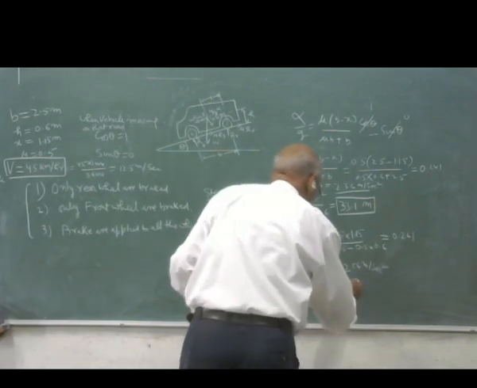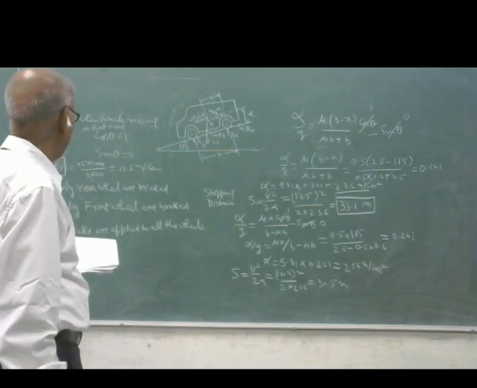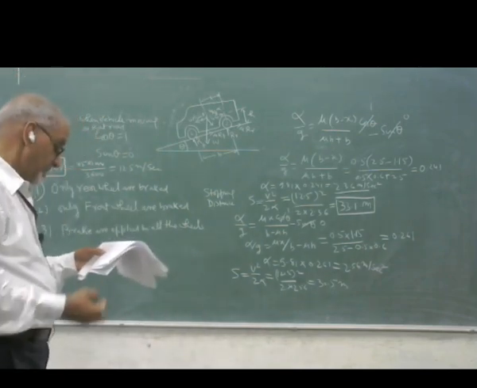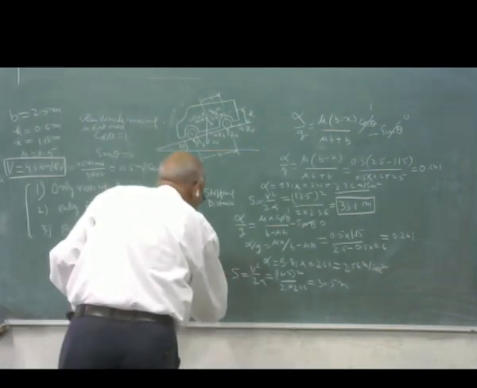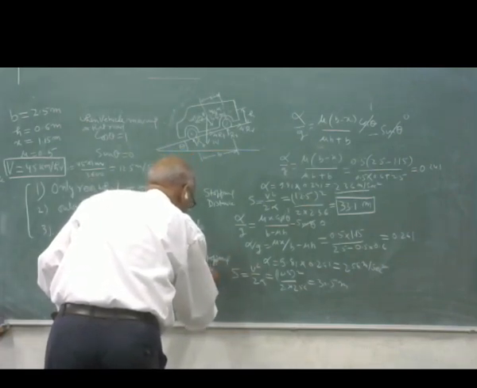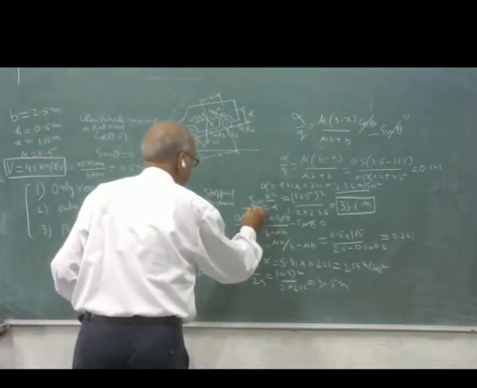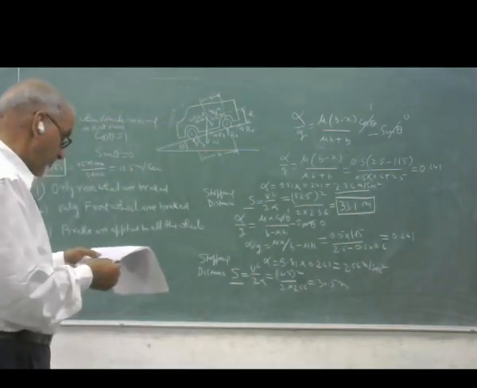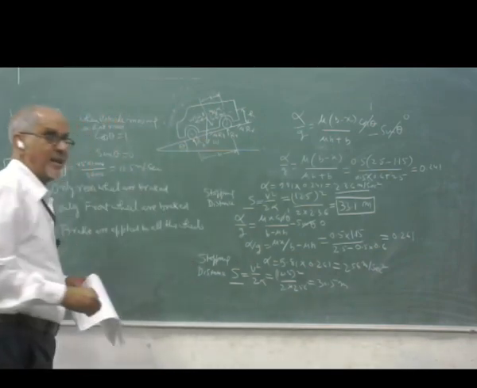30.5 meter. Okay. In that case, the second part, only when the front wheels are braked, we can find out the value of the distance which it will travel, the stopping distance. Okay. So first part stopping distance is this. Second part stopping distance is this. Now brakes are applied on all the wheels, all the four wheels.